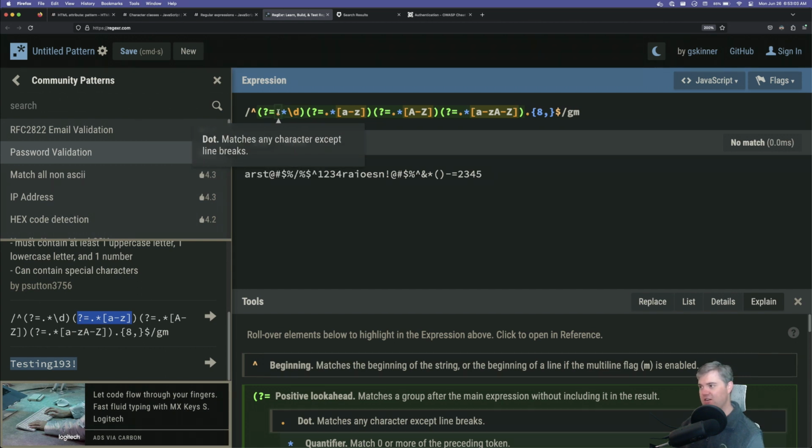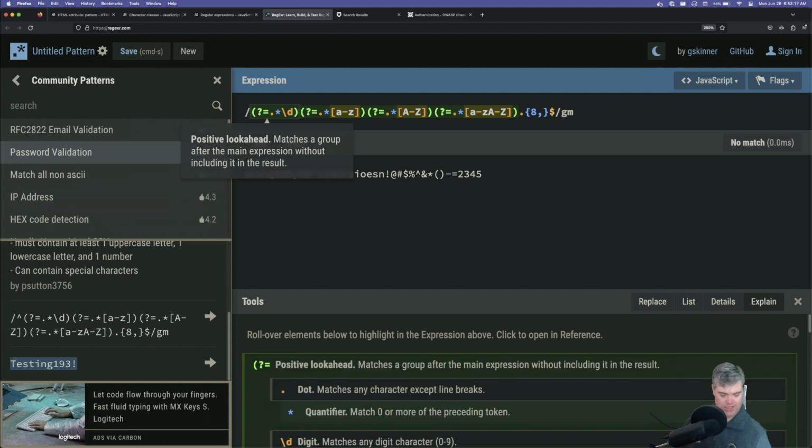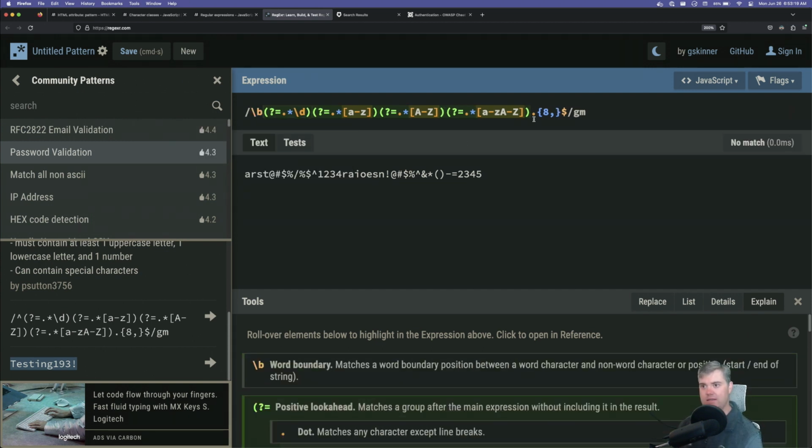Matches any character except line breaks. Matches 0 or more of the preceding thing, and then digit. So I probably want to replace this with a \b and \b, so it goes from the beginning to the end. Except,